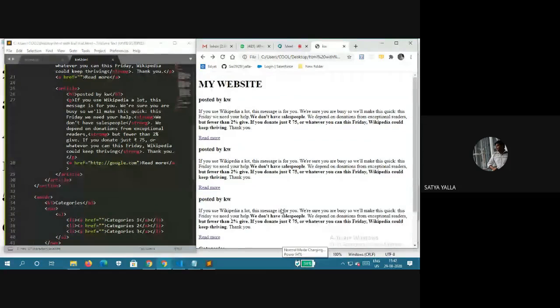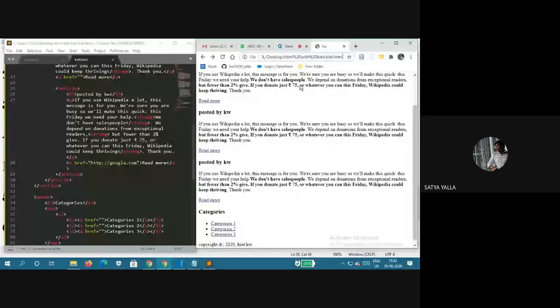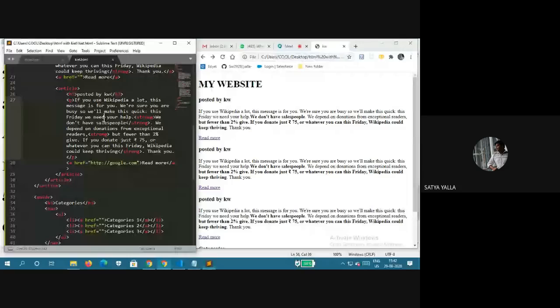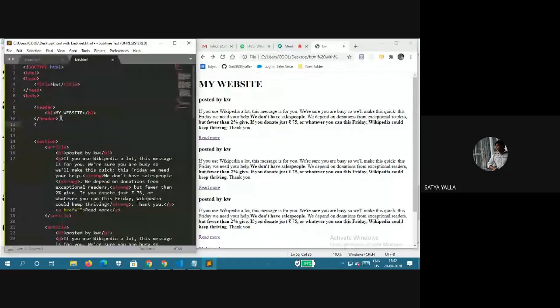Okay, suppose here again I want to go to index or index.html. So see, I did not type it here and go to the same page, right? So I want to change it here. Let's see what happened. I'm giving a link.